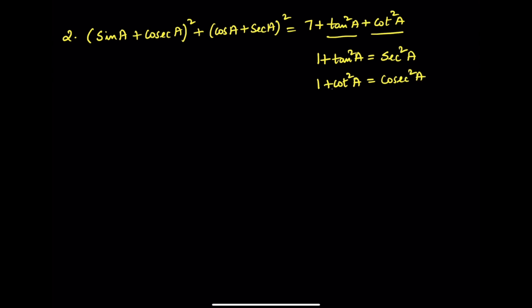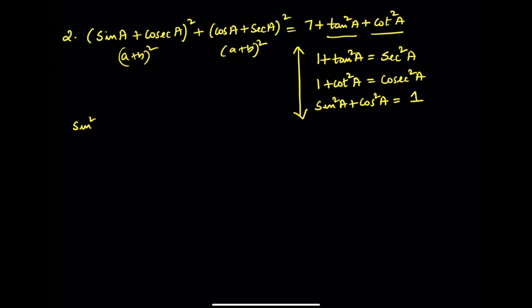And there is one more, which is sin² A + cos² A = 1. So we are definitely going to use all these three. Let's see how we can solve it. Let's apply (a + b) whole squared to both these parts of the question. So this will be sin² A plus cosec² A plus 2 times sin A cosec A,